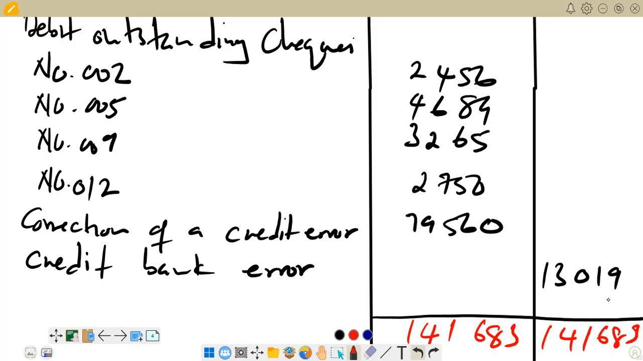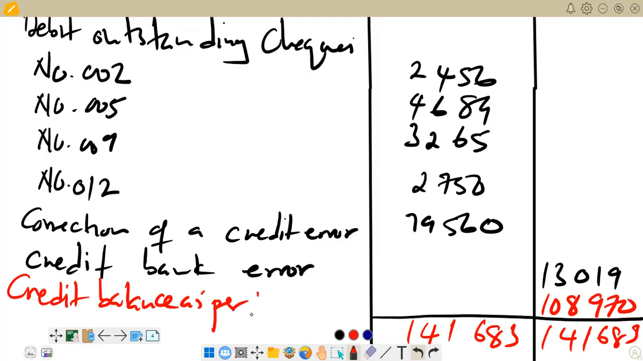And the side with the smaller total, that's where we're going to put the difference. And we say 141,683 minus 32,713, then you get the difference that you're supposed to put here. It's going to be 108,970. So this balance now, we are saying this is the credit balance SB bank account. Credit balance SB bank